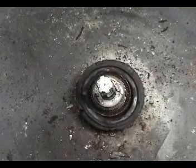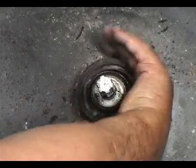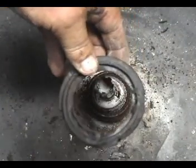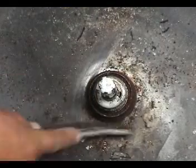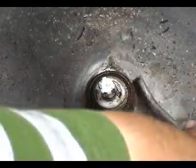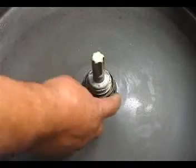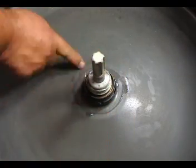Next, you will need to remove the rubber piece of the stem and seal. Grab it, turn it, and take it right out. Grab a wire brush and clean the area where the new stem and seal is going to sit on. I put a little bit of liquid detergent in this area to make it easy to slide in the boot